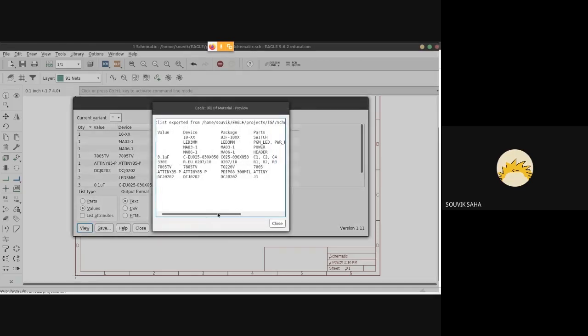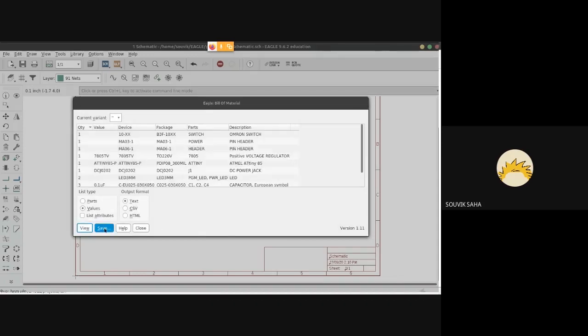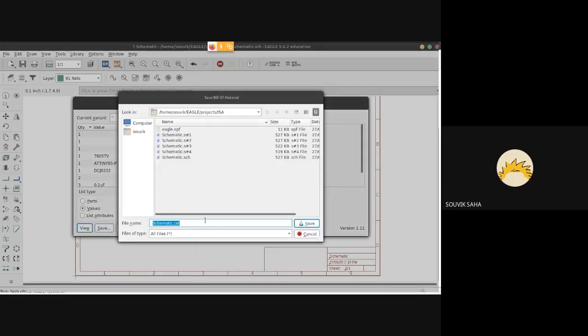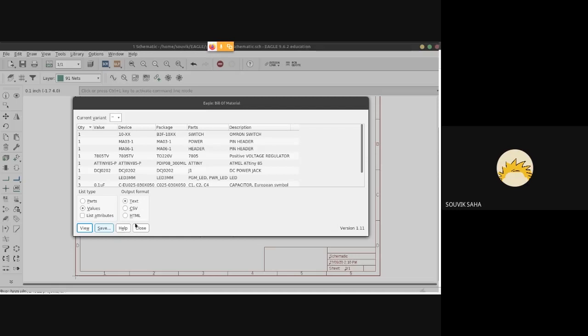It will look something like this. Then you can close, save it. Suppose I want to call it 80 tiny underscore BOM. Saved. It doesn't matter what you select, this is just for demo purposes.